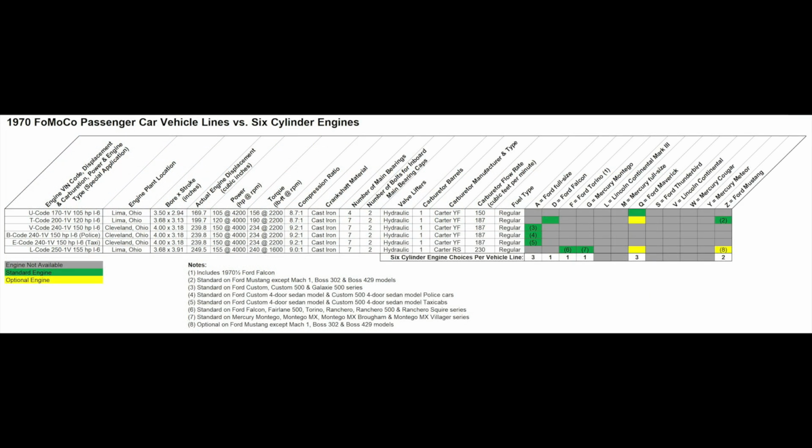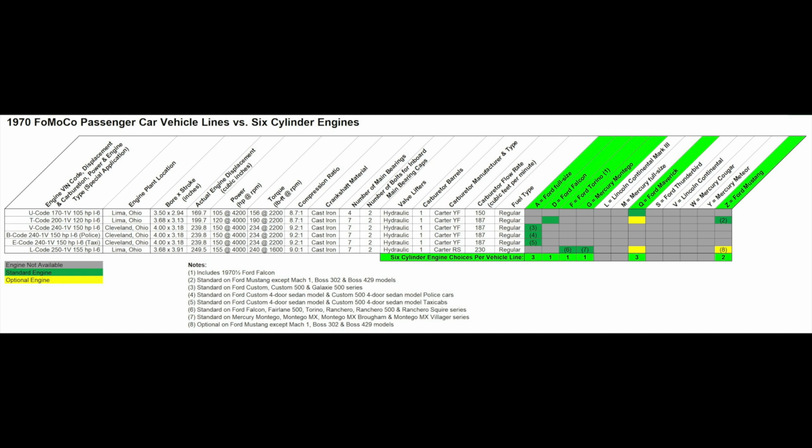These are the 6 six-cylinder engines and 8 applicable notes that we'll be covering in this video. We'll touch on each of the 6-cylinder engines individually, reviewing their vehicle line availabilities and specifications, and seeing images of the engine. Looking at the 6-cylinder engine choices per vehicle line highlighted here in green, we see that vehicle line